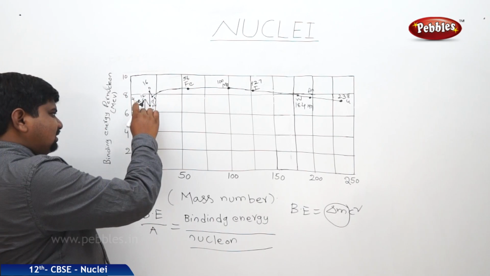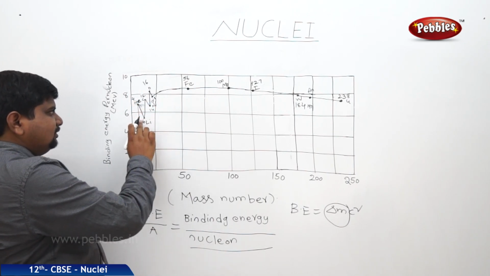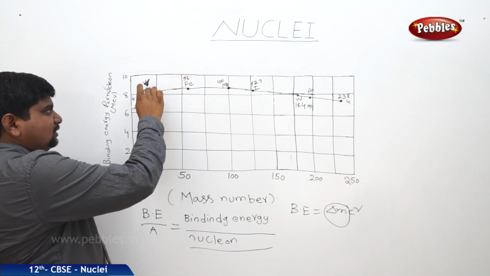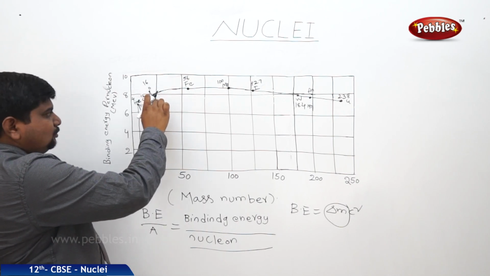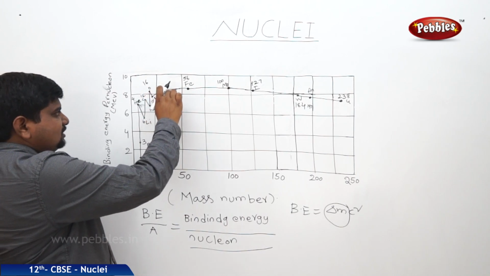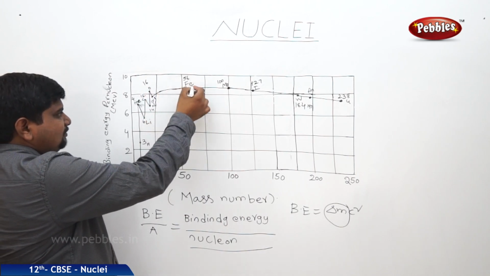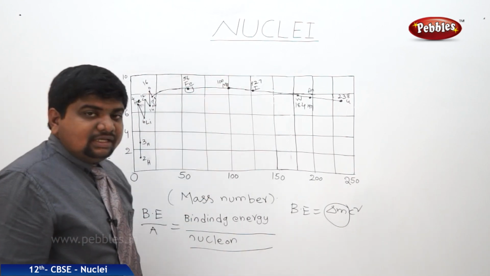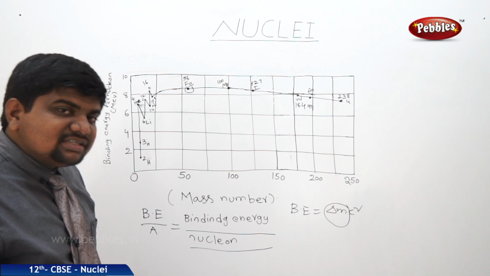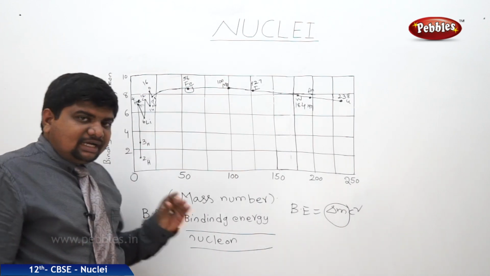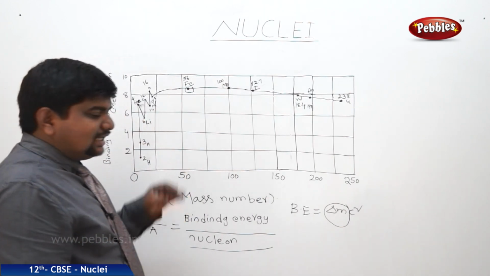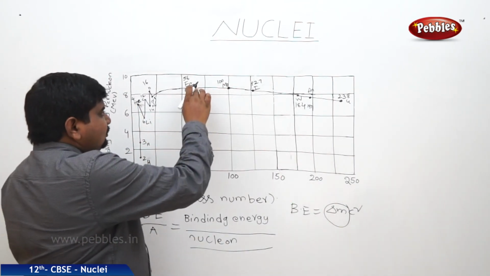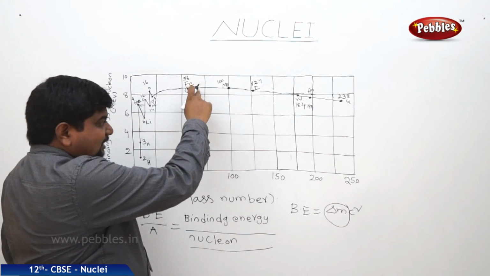There onwards, a sudden jerk to the downside for lithium, suddenly up at carbon-12, next down at N-14, next up at O-16, next down at O-18, and it approaches a maximum for iron. The numbers written above the chemical element symbols are their mass numbers. So mass numbers are very important to find the binding energy per nucleon. According to the given graph, for iron the BE by A ratio is maximum.